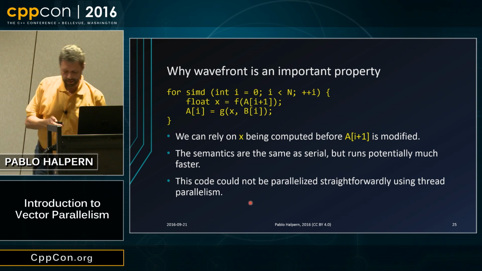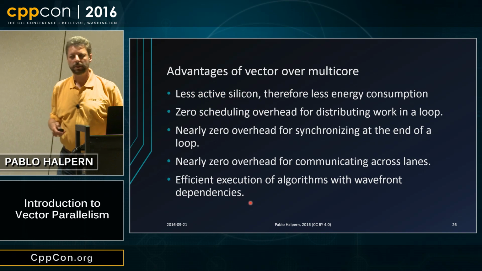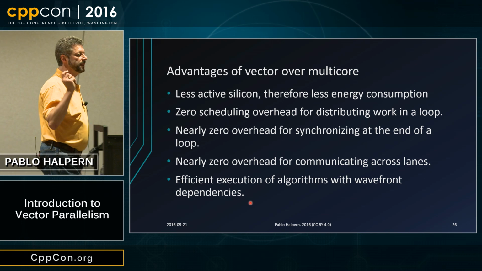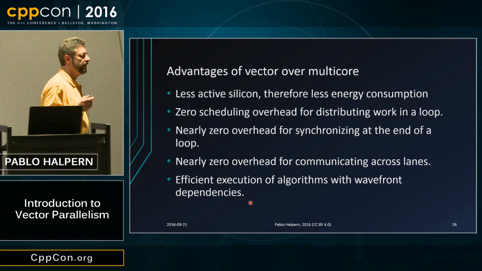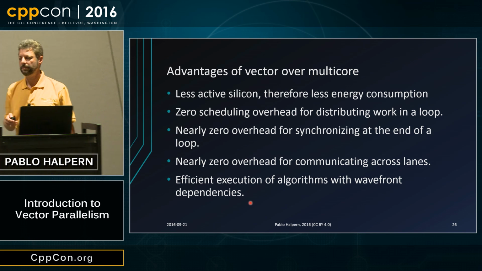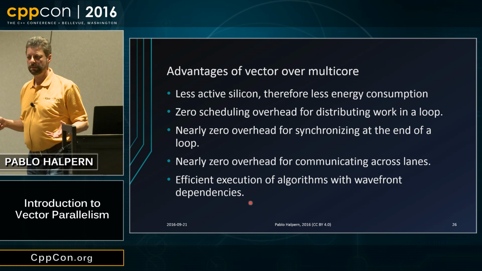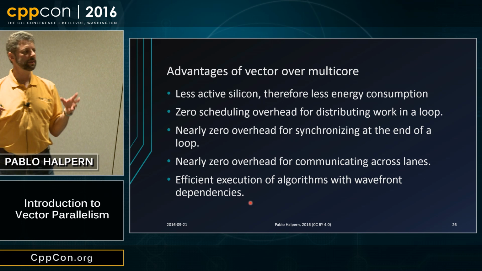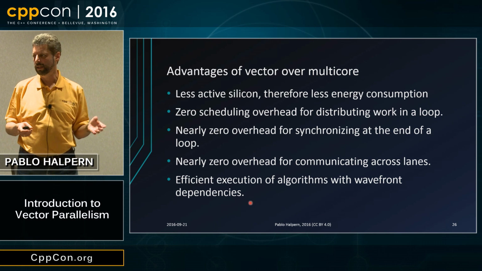So I think I've said everything I need to say about this slide. Let's look at what we've gained here. There's less active silicon. Why? We don't have an instruction decoder for every lane. We only have one. We don't have a memory subsystem for every lane. We only have one. So there's less silicon in general and less silicon that is active at any given time